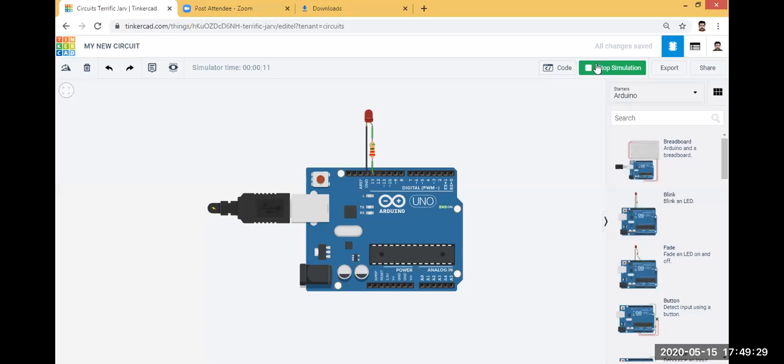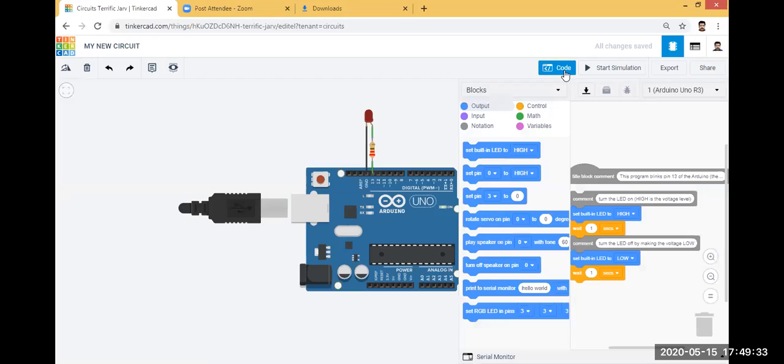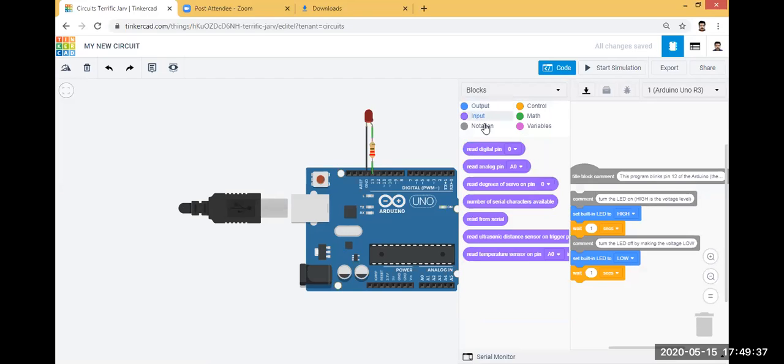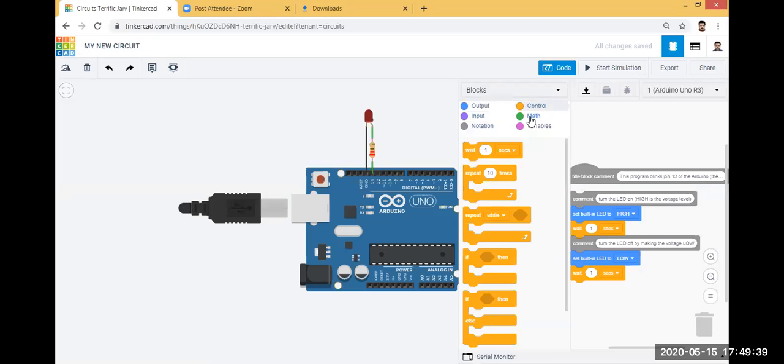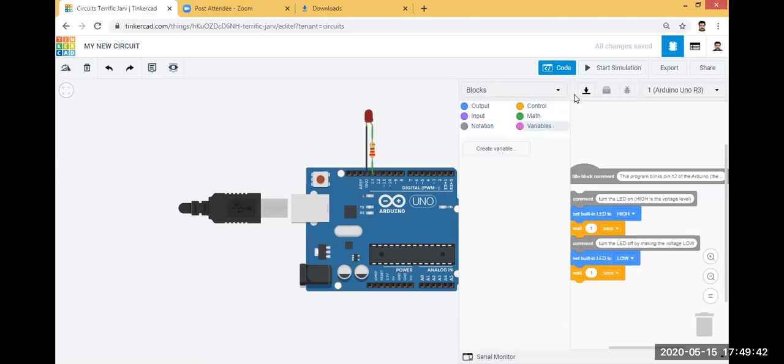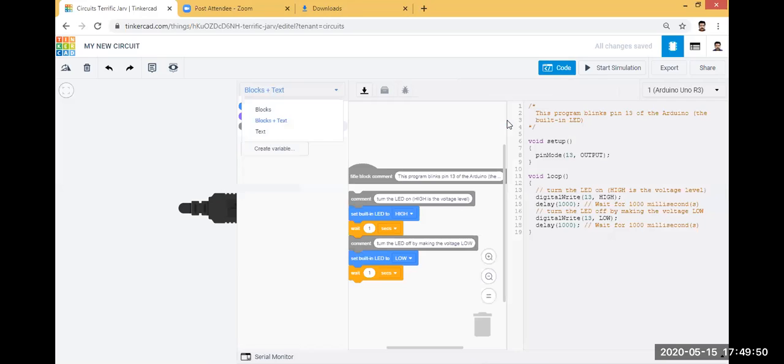I will stop the simulation. When you click the code button, you can see its code: output, input, notation, control, math, variables, etc. If you want to see blocks, you can click this option, or if you want blocks plus text, click this option.